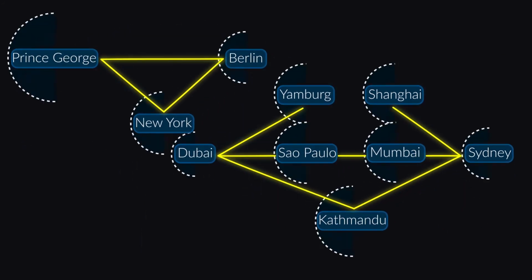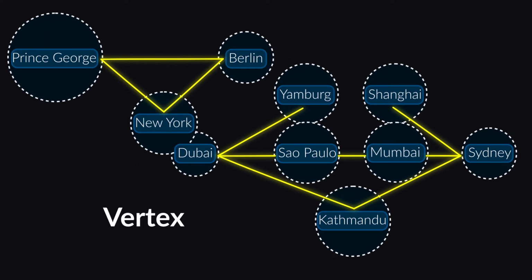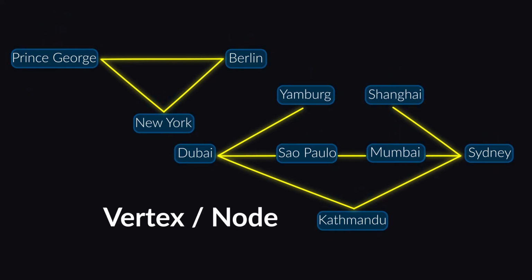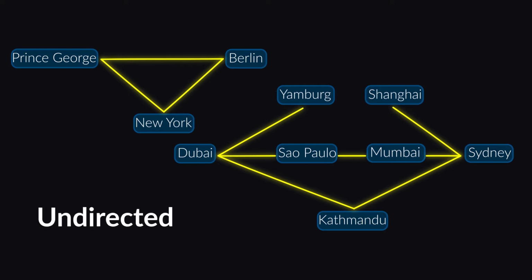The 10 cities given in the problem are known as vertex or nodes in the graph. The yellow lines connecting different cities are called edges. If you notice, there aren't any arrows in the edges of the graph. This type of graph is called an undirected graph. In an undirected graph, you can travel from A to B and from B to A as well. For example, you can take a flight from Mumbai to Sao Paulo, and you can also take a flight from Sao Paulo